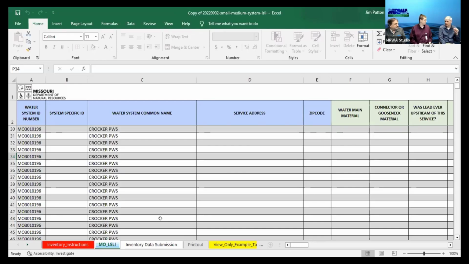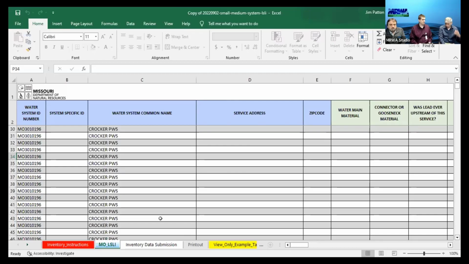That means everything else that we've seen in that rule goes away and will be replaced by the lead and copper rule improvements. So we don't know what's really going to be in there for schools and daycares yet, but there will definitely be something in there. But like we said, we're hoping that since the state has a school rule coming about, and if it is as strict or stricter, we will be able to use that data and we won't have to worry about the water systems doing that testing.